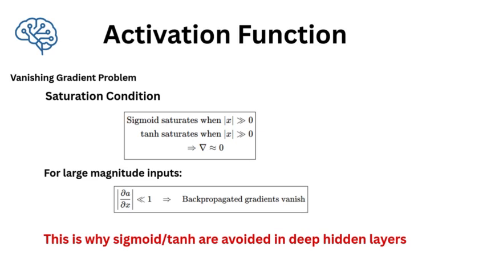So if each layer produces a very small gradient, the final gradient reaching the early layers becomes almost 0. Mathematically, the absolute value of del A by del x is much less than 1, which implies backpropagated gradients vanish. This is the main reason why sigmoid and tanh are avoided in deep hidden layers. Instead, modern deep networks prefer activation functions like ReLU and its variants, which reduce the vanishing gradient